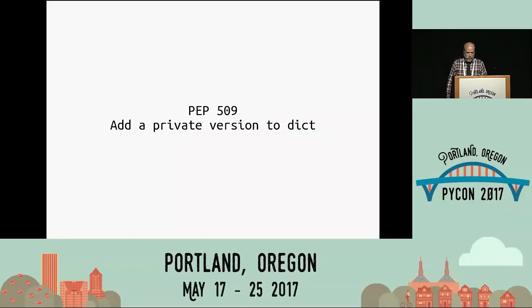An internal change that I'll just describe very briefly: PEP 509 added a private version number. They burned 8 more bytes in every one of all our dictionaries. Every dictionary has a version number, and elsewhere in memory there is a master version counter. When you change a dictionary, the master counter is incremented from 1,000,000 to 1,000,001, and that value, 1,000,001, is written into the version number of that dictionary. So what this means is you can come back later and know if it's been modified without reading all of its maybe hundreds of keys and values. You just look and see if the version has increased since the last time you were there.